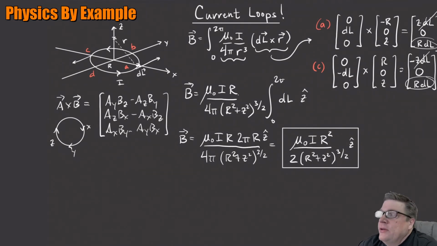Okay, so there it is. There's the magnetic field due to a loop of current. There's a couple interesting things we can do with this. One is,